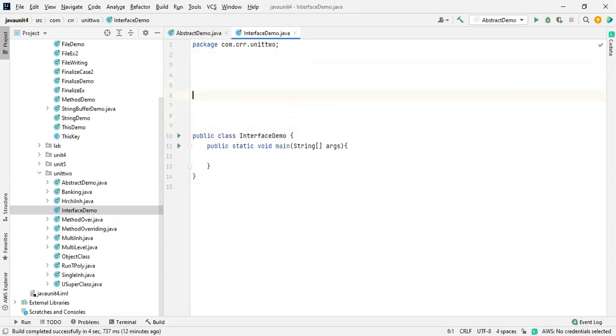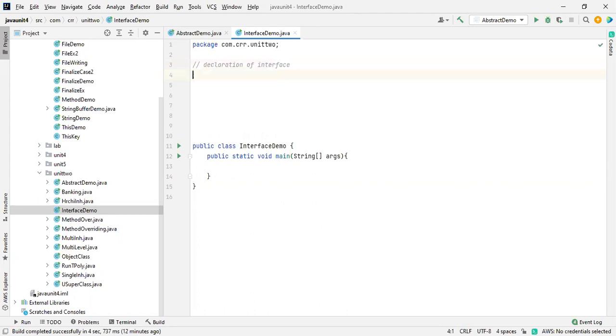So here, how are we going to declare an interface? Declaration of an interface. How you are going to declare that? We already saw this, right? Just a second. Where is it? The PPT.